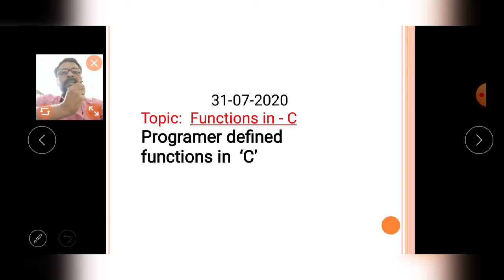The C language program is the combination of one or more functions. The functions may be built-in functions or user defined functions. That means programmer defined functions.